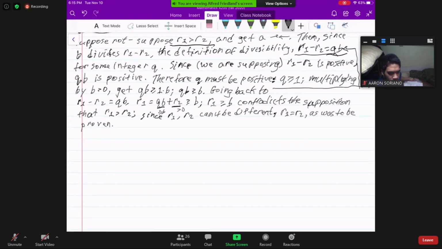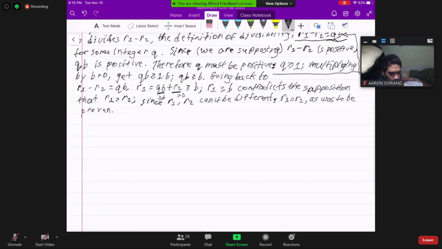Okay, so what's the point of this? Aside from the fact that it's true, I want to use it to show uniqueness. So, just to review, last Thursday we showed that any positive integer m